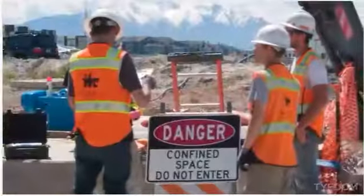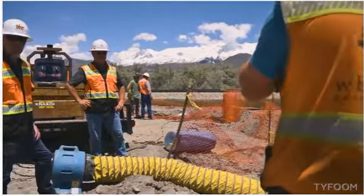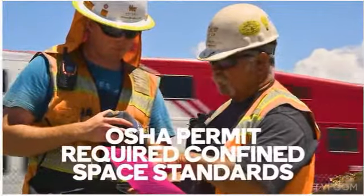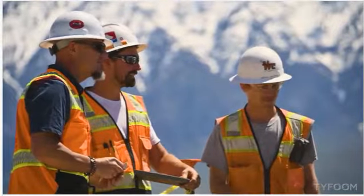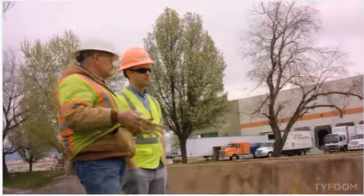If you are a contractor in a confined space, the rules and regulations are basically the same with a couple extra stipulations. First, contractors are expected to comply with OSHA permit-required confined space standards, as well as any designated worksite standards. Contractors also need to have an OSHA-approved written confined space entry program in place, meaning you've got to be on the list. That program must be available for review by the site's project manager or health and safety representative